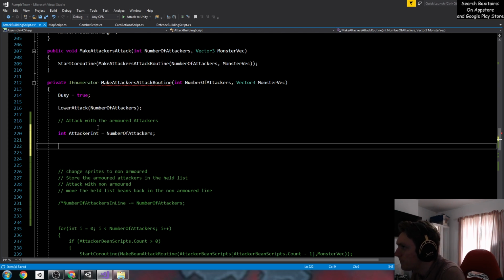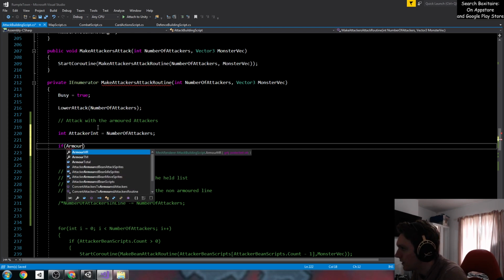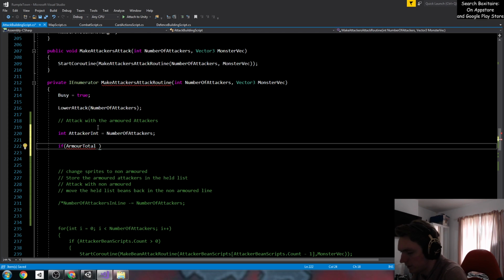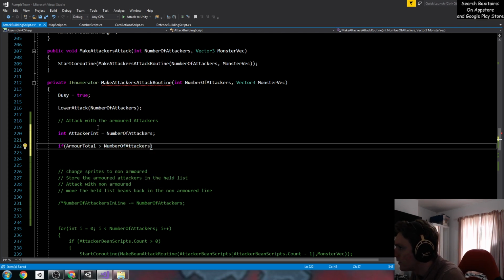So if armor total is, yeah, here's where I've just got to be very careful with the numbers that I'm using. So if armor total is greater than, what I really should do is, first of all, if armor total is